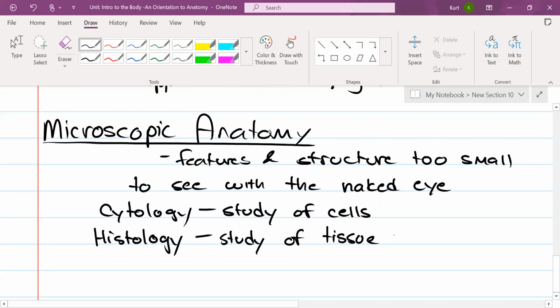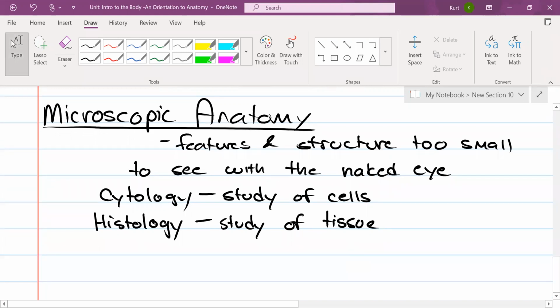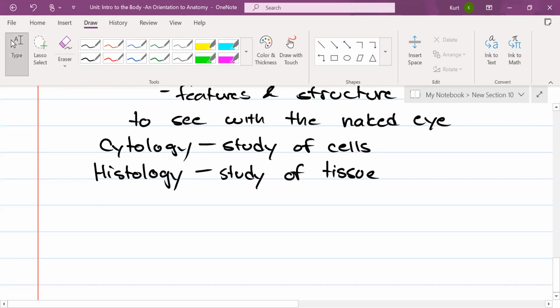Tissue is when you have one or more layers of cells, the same cells all working together. Typically, cells and tissues are so small that you need a microscope to really get a good view of them. And finally, a few other subsets of microscopic anatomy would be